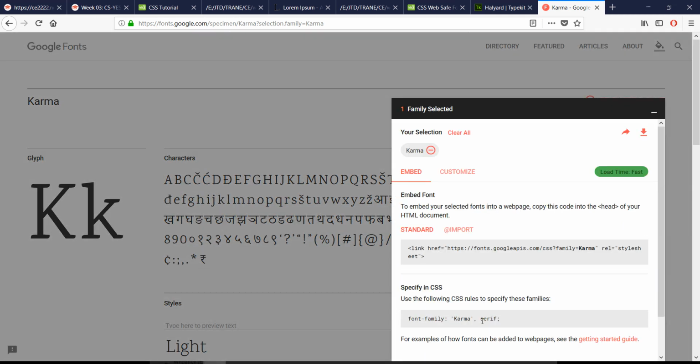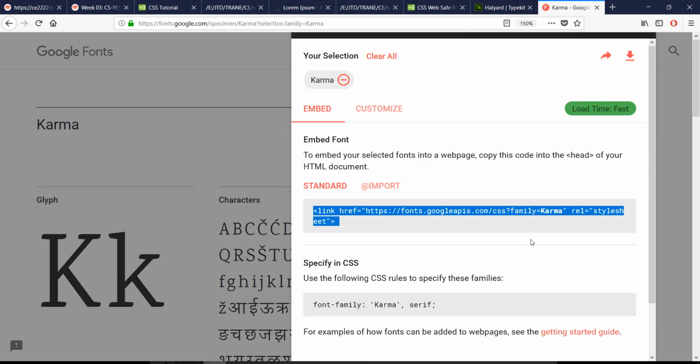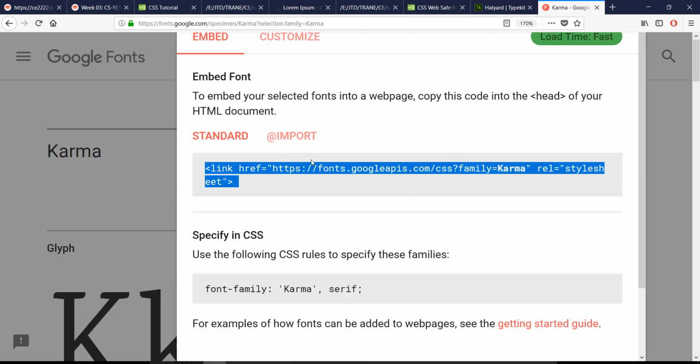Google Fonts, we don't need a subscription to it. It's all free because Google is just nice like that. When we click on this for the family selected, it's going to give us a bunch of information. I would recommend reading this, but the main thing that you actually need out of this is the first thing that's going to come up. It's going to have a couple of different options here, but you're going to look for this link tag. So this link tag that you see here is going to look very much like the link tag that we have for our style sheet. So you're going to look for this link tag, and you're going to copy that,